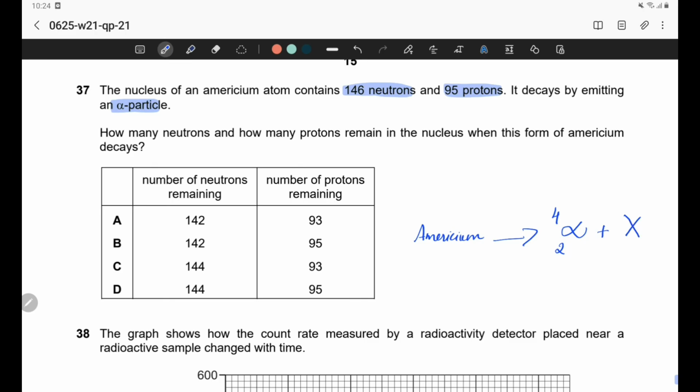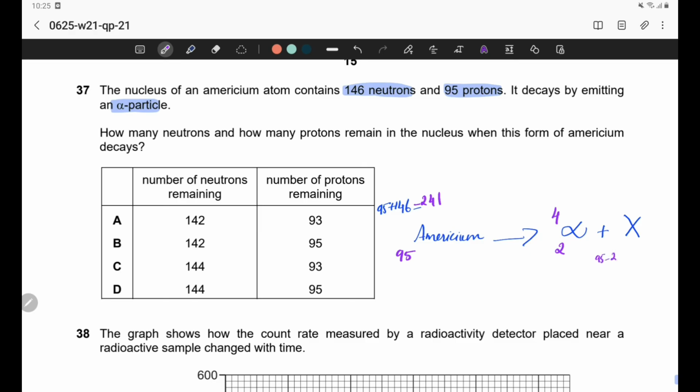So here for this americium atom, the atomic number is nothing but the number of protons, which is 95, and the mass number is the number of protons plus neutrons, that is 95 plus 146, which is equal to 241. So on the LHS of the equation we have the proton number, 95, and mass number 241. But from this an alpha particle decayed, or there is a loss of 2 in proton number and 4 in mass number. So the remaining will be